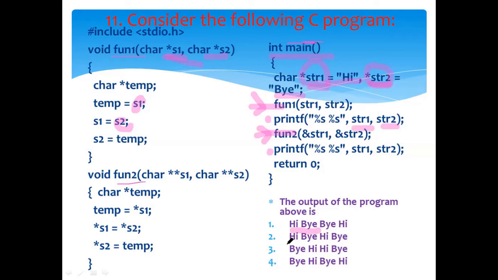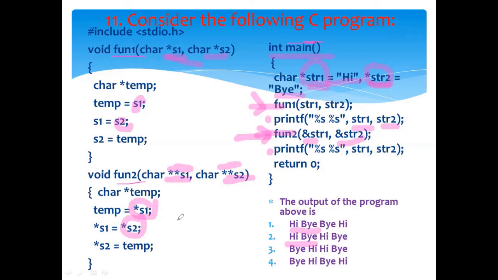So my option can be either 1 or 2. Then after printing the first one, when we call the second function, the value we are passing is a double star s at the format specifier. These are the formal parameters. In these formal parameters you can see a pointer to a pointer, so it changes the pointer of the actual value. So the swapping happens here, and the values will be swapped.